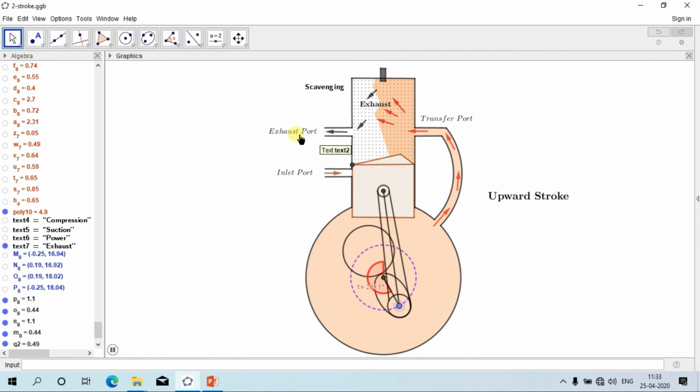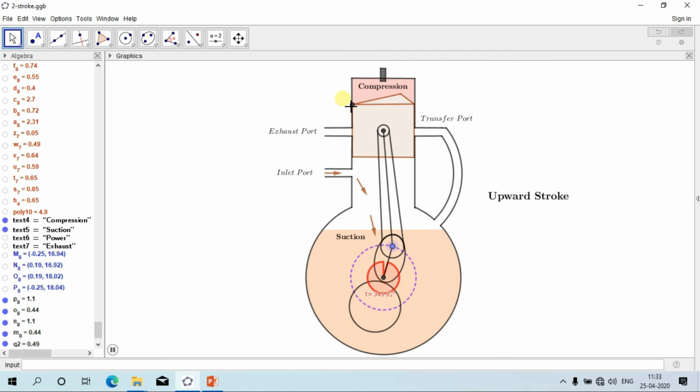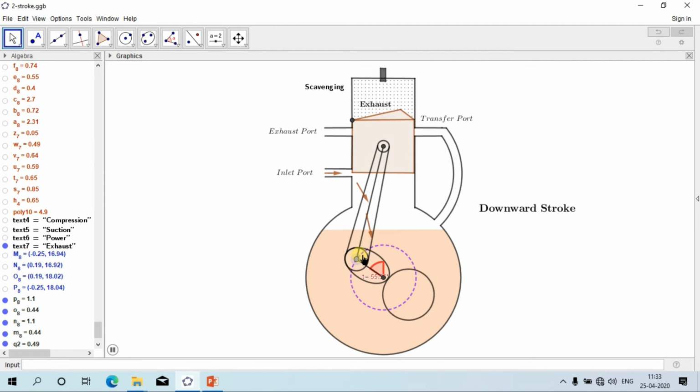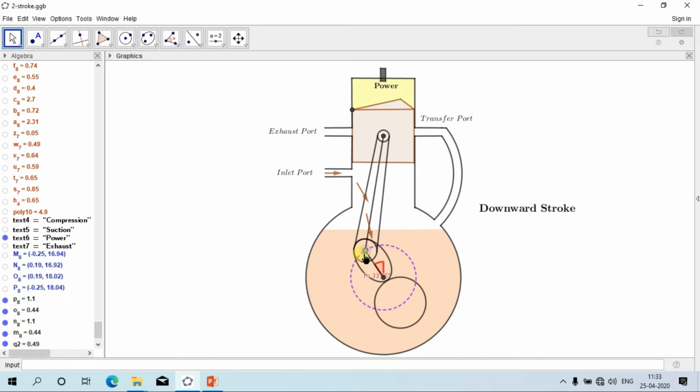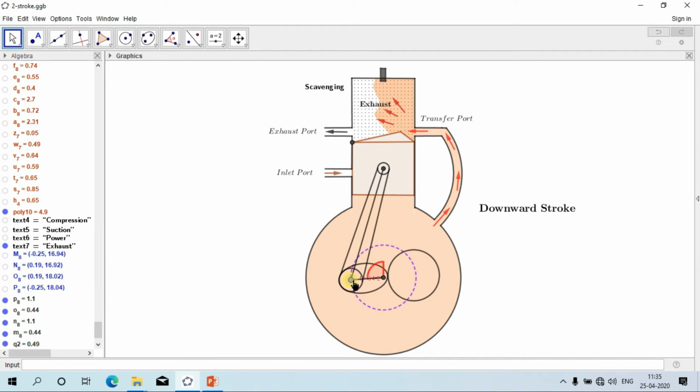cylinder. Now one thing you are observing is scavenging. So what is scavenging? Here you can observe that exhaust gases are going out of the cylinder. At the same time, through the transfer port, this charge is coming inside the cylinder. So this charge is actually pushing the exhaust gases out of the cylinder. So the process of sweeping the exhaust gases out of the cylinder